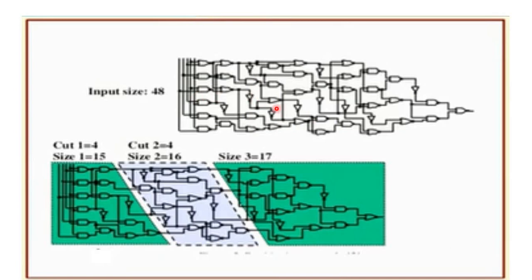So it's difficult to route all these gates. So for that purpose, I break my design like that. So here the size of this one is 15, that means 15 gates are present. Here 16 gates are present. Here 17 gates are present. Total size is nothing but 48. But whenever I build 48 gates in the VLSI chip at a time, it's complicated. For that purpose, I partitioned like that.